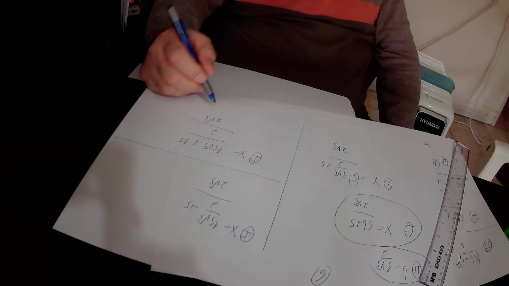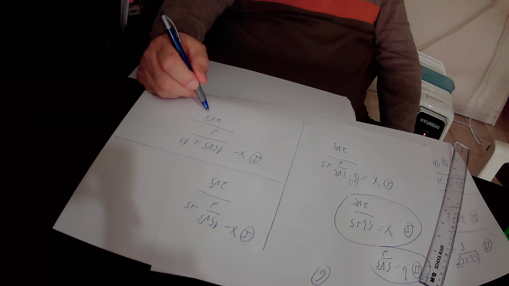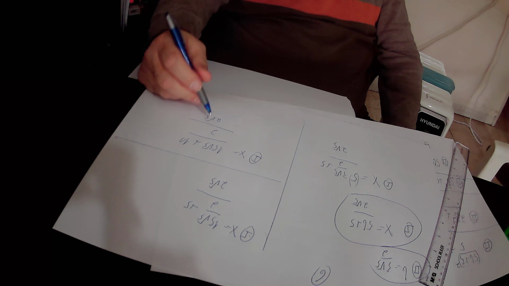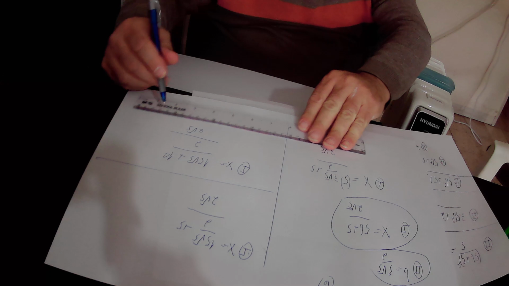We'll move 2 times square root of 5 to the denominator, and we get that according to equation number 1,